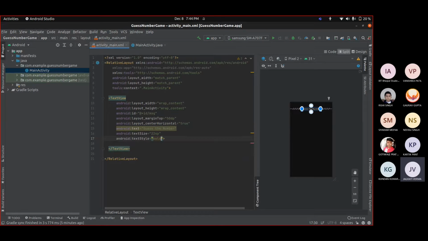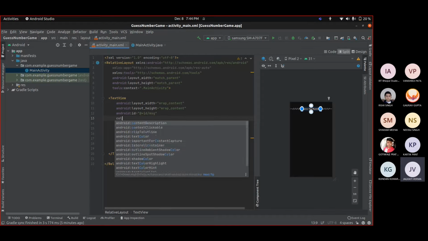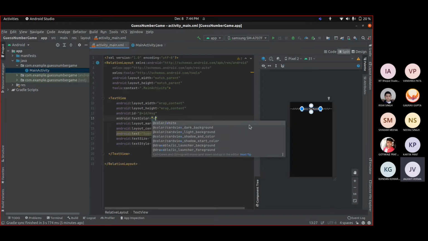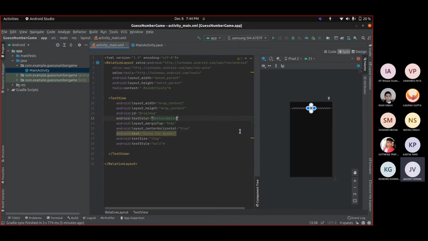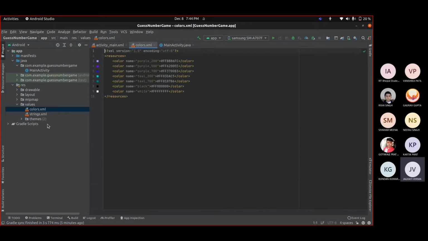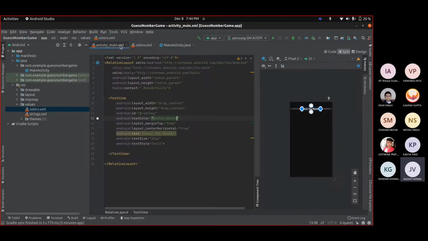I want the text style to be bold, and we can also set the color, so I want the text color to be white. Okay, now how are the colors stored? Colors are stored in the resource folder, that is res, and inside values we have a colors file. Here we have white, black, and the built-in default colors named by Android Studio.